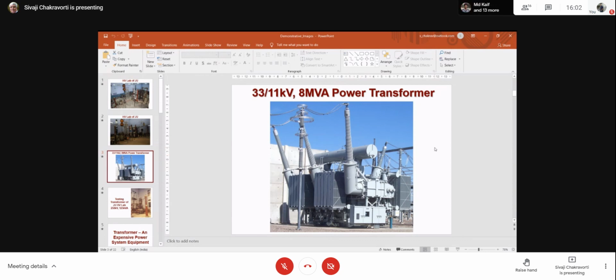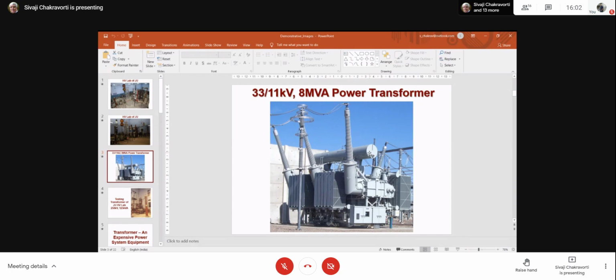Good. But this is an old concept, first of all. Okay, the breather will be there, but a breather is not enough to protect against moisture. Nowadays, it is a completely different concept. This is called a diaphragm separated tank. That means it is like a balloon sort of diaphragm. In the middle of the tank there will be a flexible diaphragm.